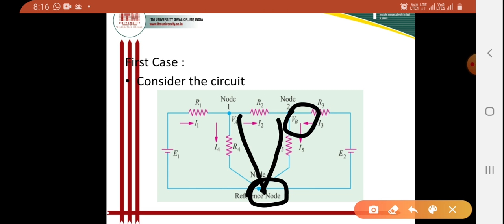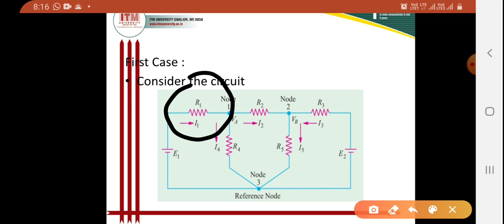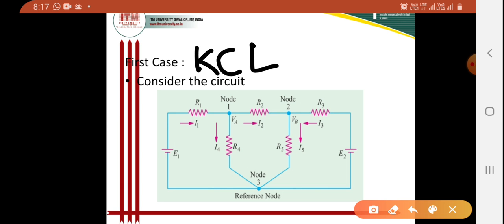Now let the current directions be chosen arbitrarily. We can choose the direction of the current arbitrarily. Now consider node 1 here. For node 1 we can write the current equation, and the current equation can be written with the help of KCL, that is Kirchhoff's current law. That means we have to apply Kirchhoff's current law, that is KCL, to write